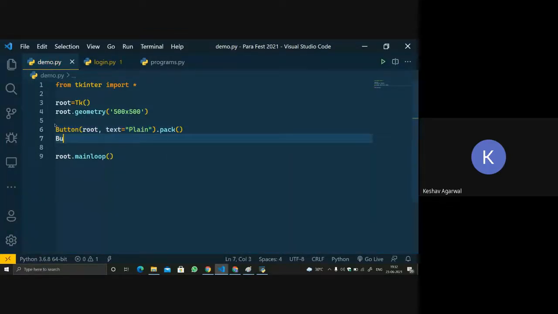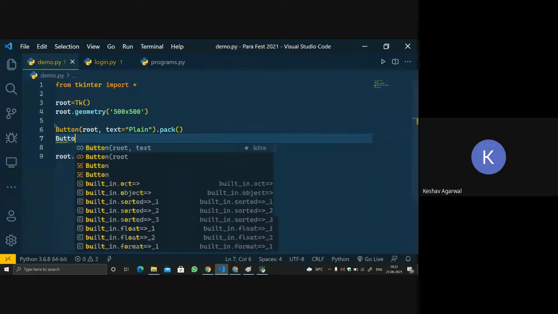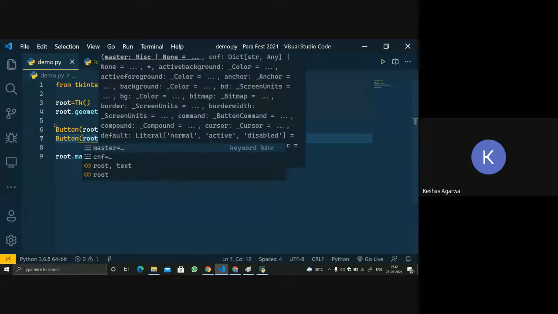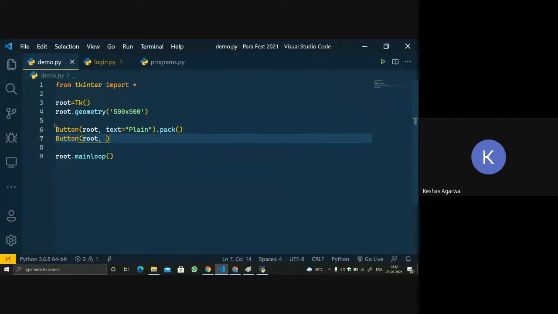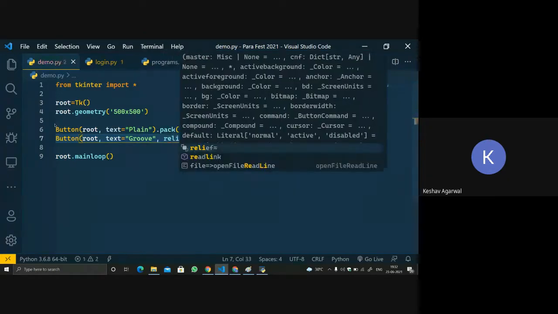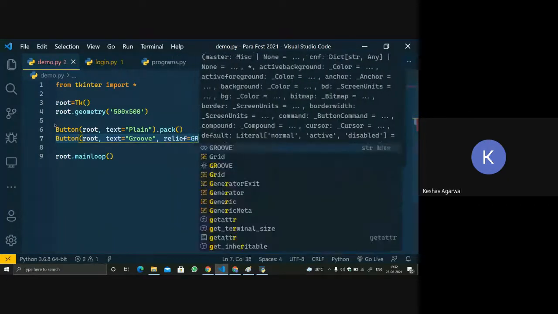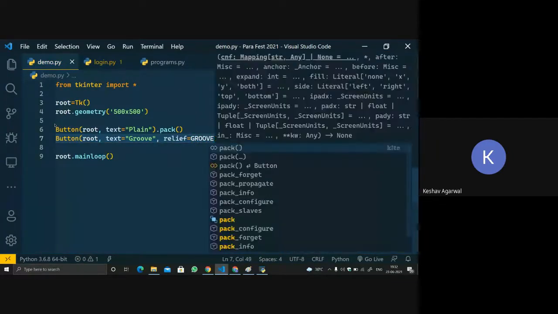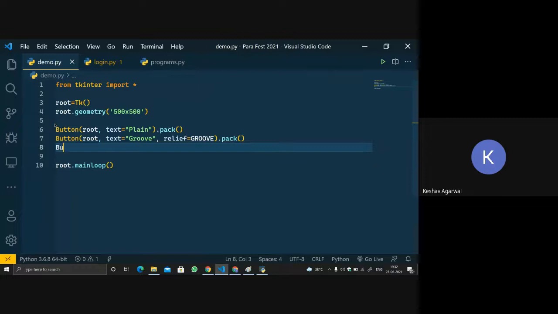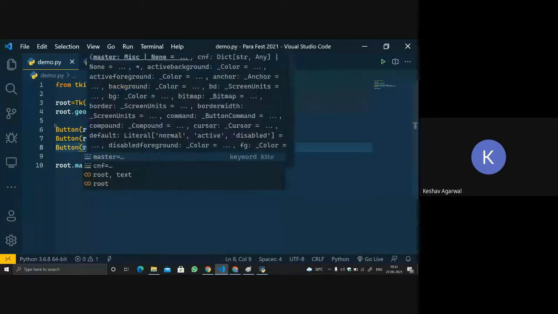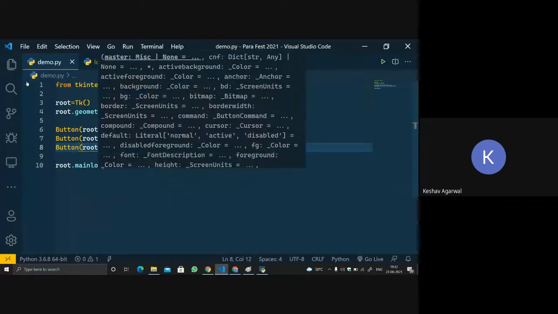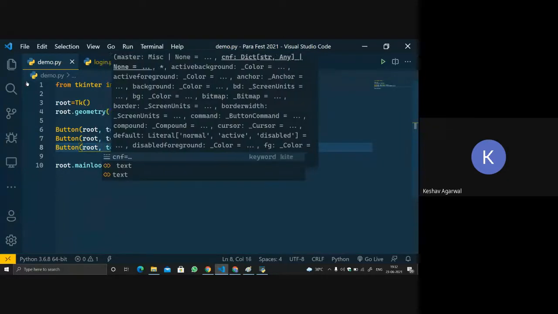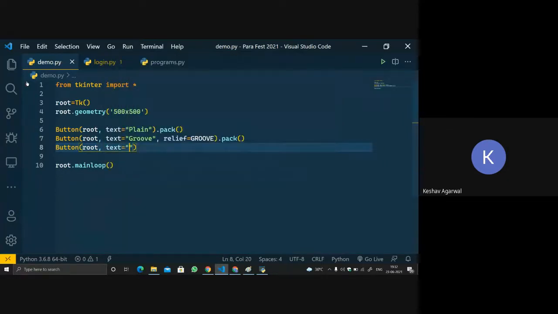Then again one more button, placed inside root, with text equal to groove, and relief equals groove, then pack. Then another button inside root with text equal to raised.